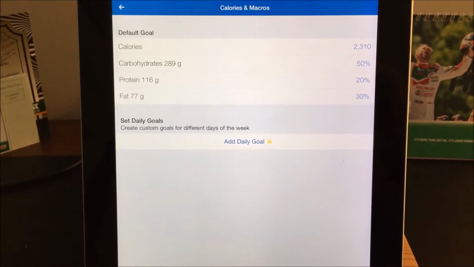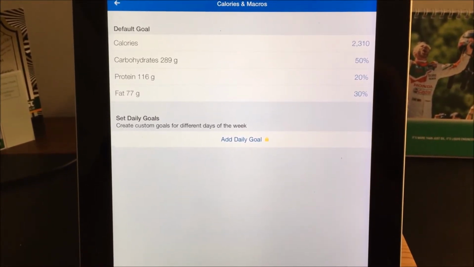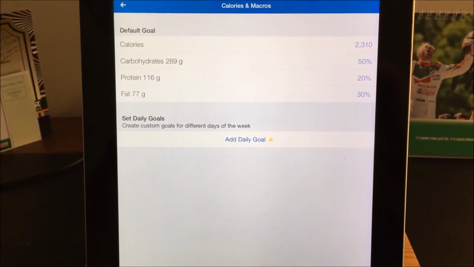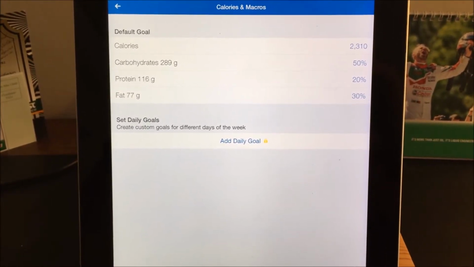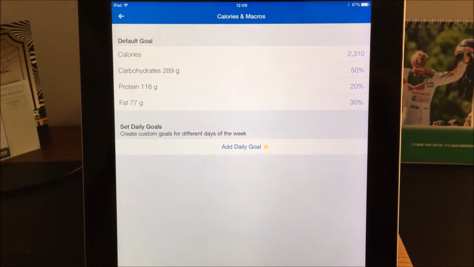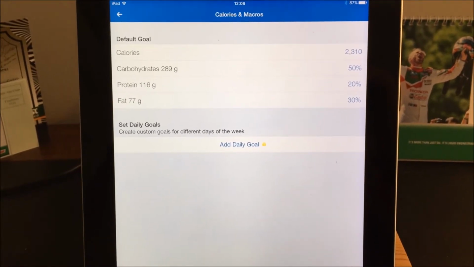But as I said, this is a good starting point. So let's start with that. So next on the list are your macronutrients, so carbs, protein, and fat. And Myfitnesspal actually does a terrible job of allocating the optimal